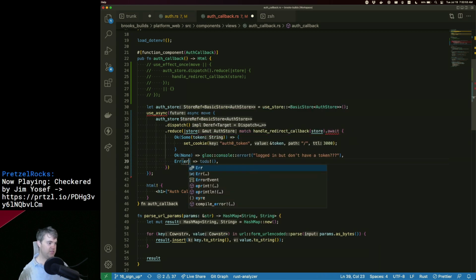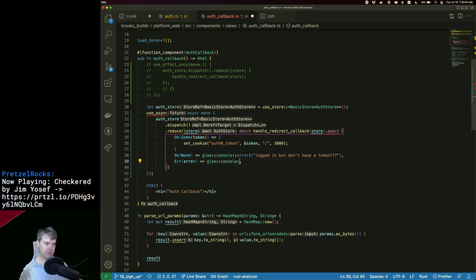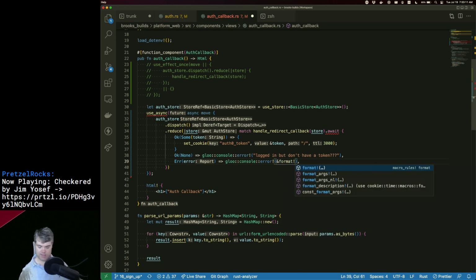Then here we actually have an error message. So I want to glue console error. We're going to take a reference to a format.